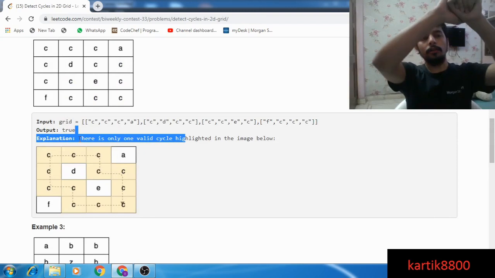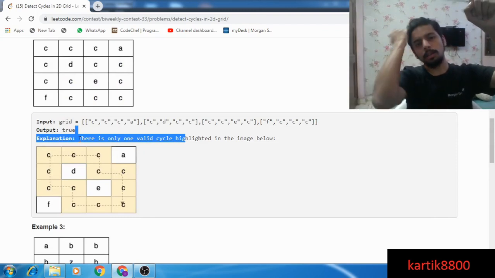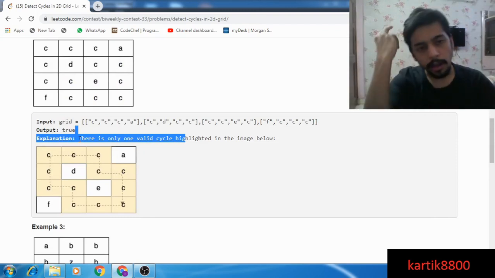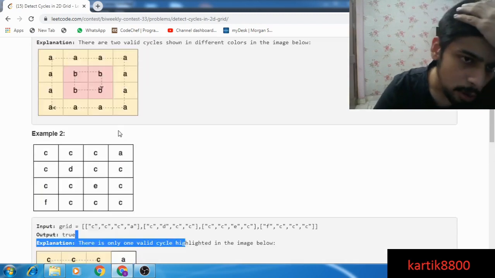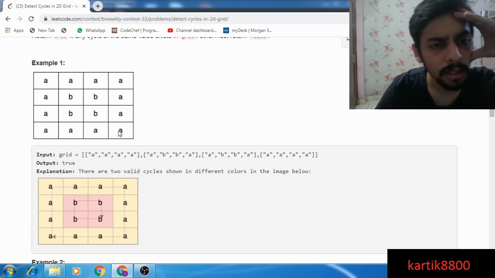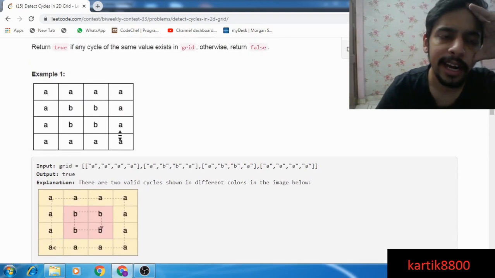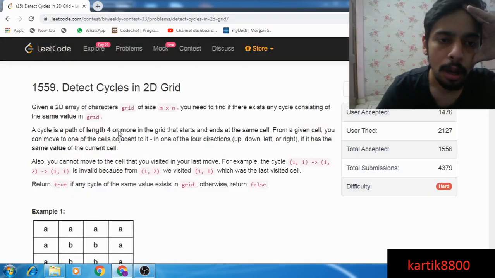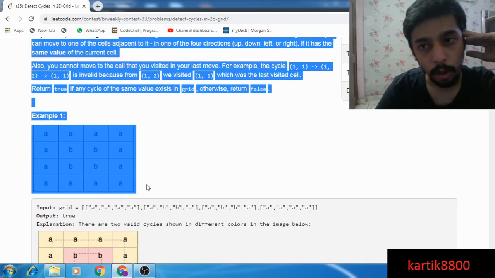Start from here. If I ever reach here again, then there's a cycle. And in my opinion, doing a DFS from every cell should not be very costly, given that I do mark visited cells. Why will it be wrong? That is the idea, because my idea is very simple. It has to be wrong for a LeetCode hard.